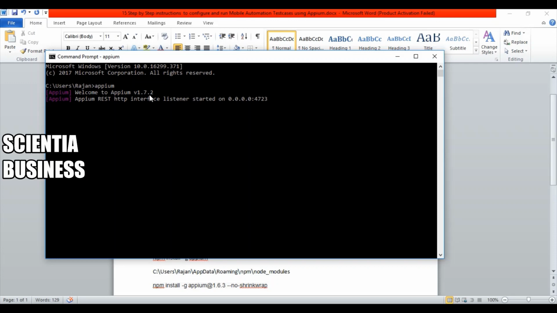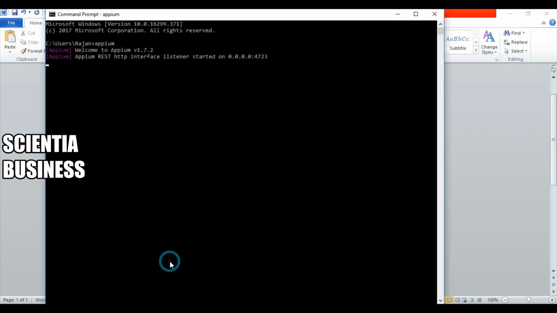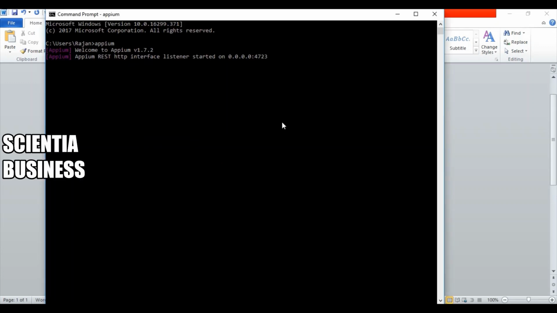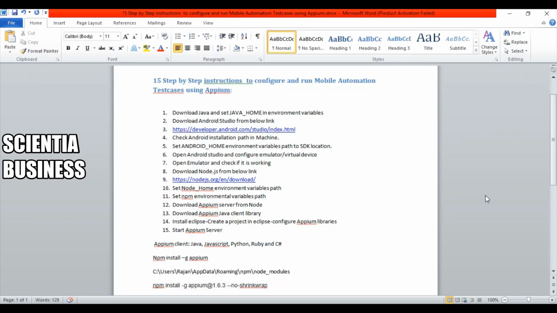So that means when I wrote this command, npm install g apm, it installed the latest stable version, which right now is 1.7.2. There might be a probability that by the time you are watching this video, the APM guys have given you a new version, say 2.1, and so you don't need to worry. The versions keep on updating. They are updated so that they are compatible with the latest Android OS.